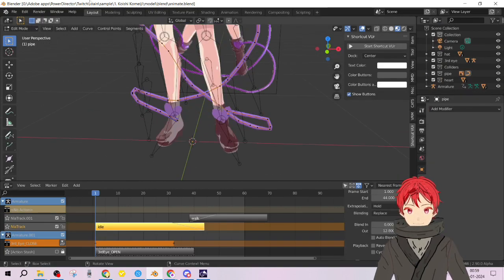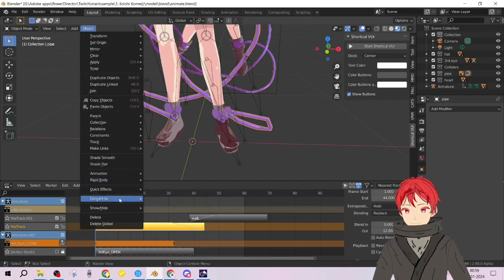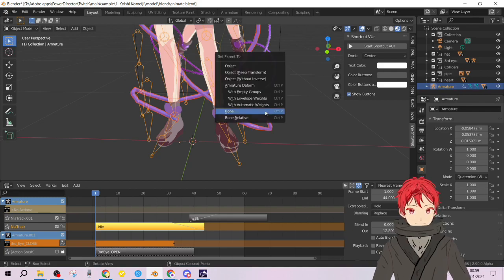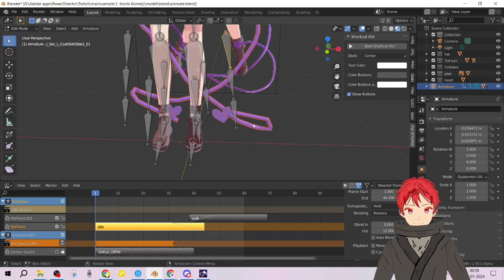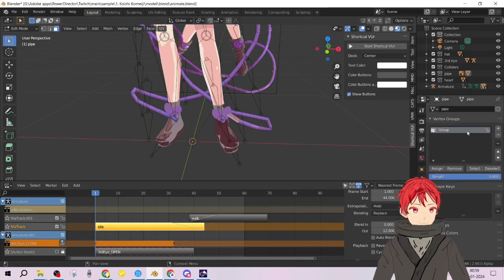Okay, just gonna go fast here. Convert to mesh. Okay, so select, Control P, bone. Next, we go to edit mode. My bad. Go to edit mode and alt select pipe 1. Go to vertex group 1, and then